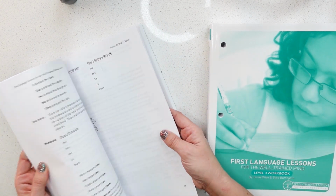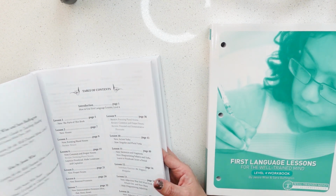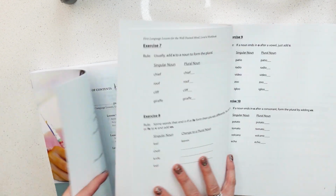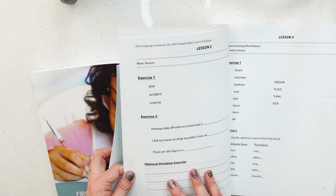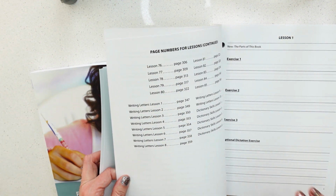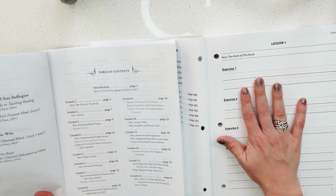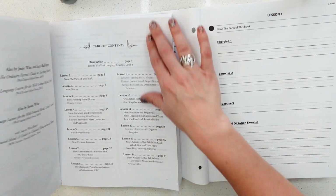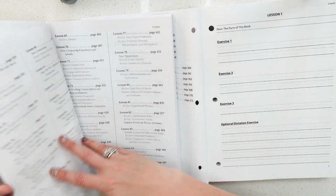Okay, let me see if I can find it. It covers so many things. Let's just go with lesson 1 here. So let me show you the comparison from the parent handbook to the student workbook. Here is lesson 1 in the student guide versus the teacher's guide. And this is from Well Trained Mind Press. I believe they also do